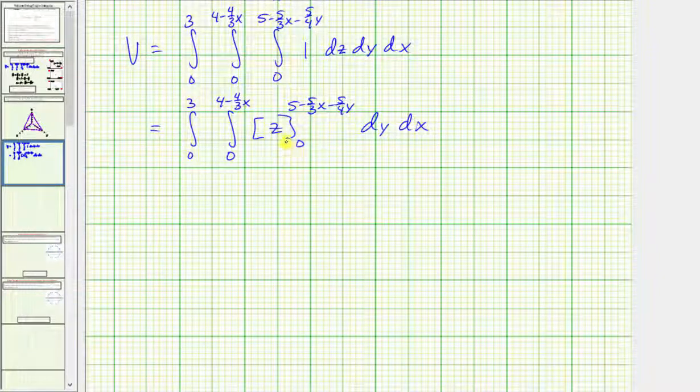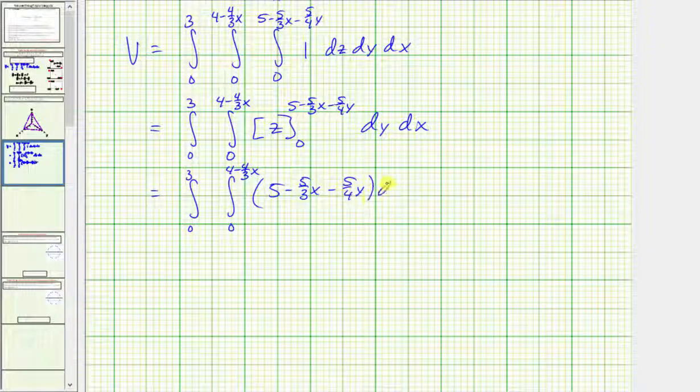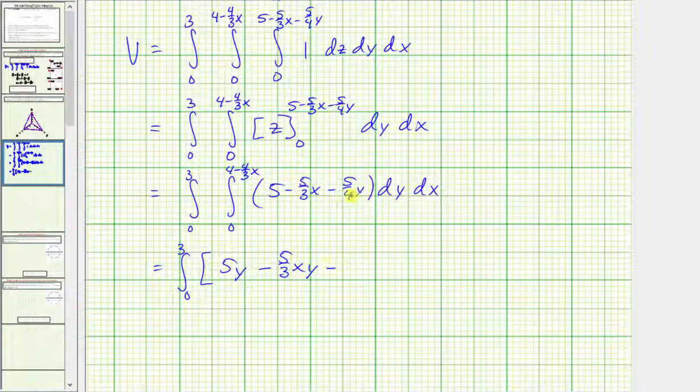Notice when we evaluate big F of b minus big F of a, we're just going to have this quantity minus 0, which means for the double integral, the integrand function is just going to be the quantity 5 minus 5/3 x minus 5/4 y. Now we integrate with respect to y, treating x as a constant. So we'd have 5y minus 5/3 xy, and then we'll have minus 5/4 times y squared divided by 2,